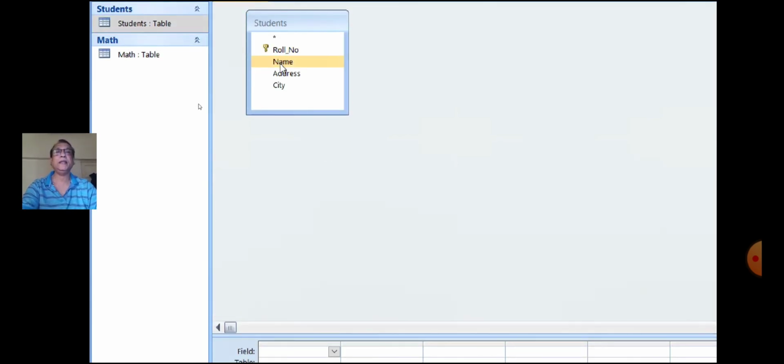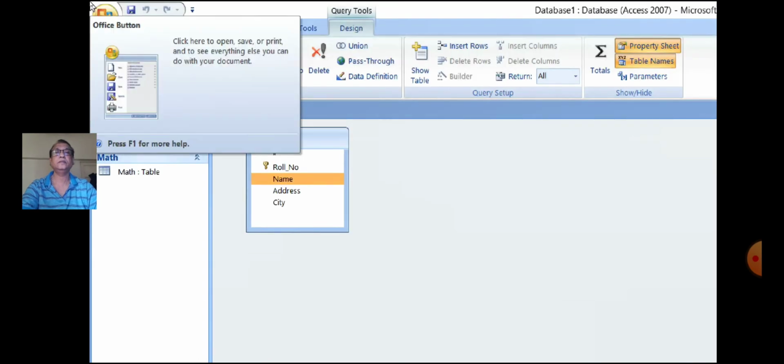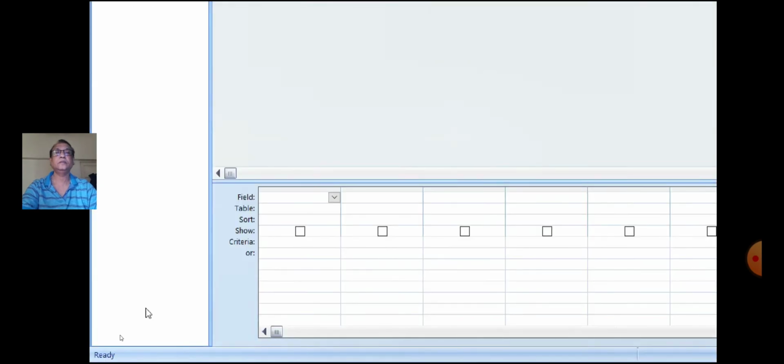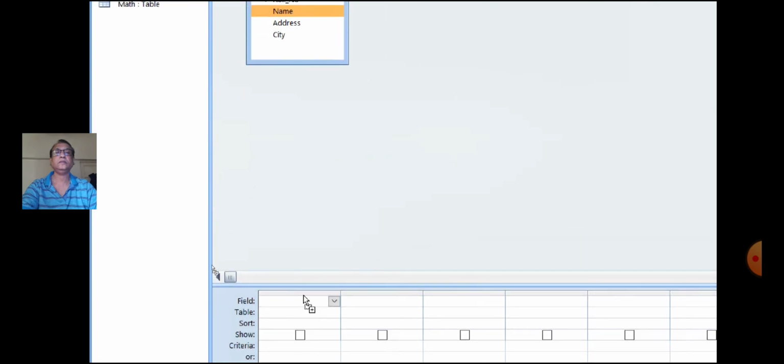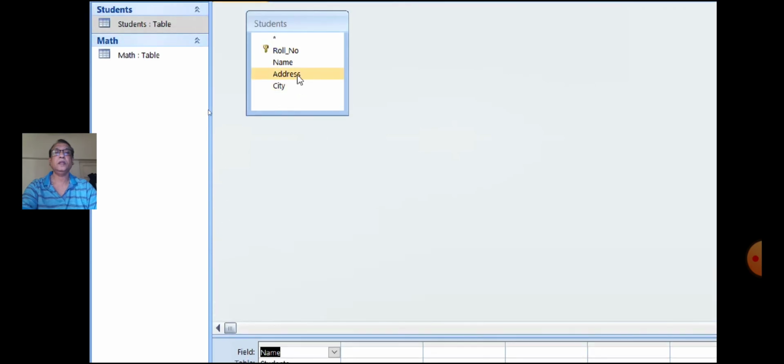Here we are selecting the fields name. Drag the name field. The address field.